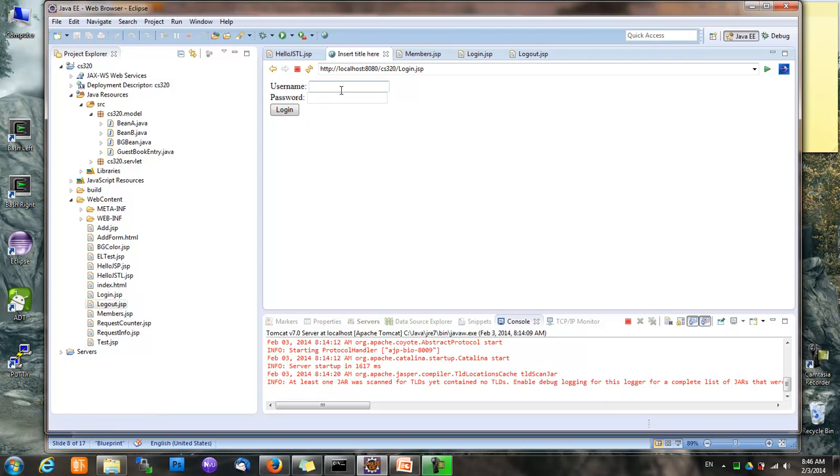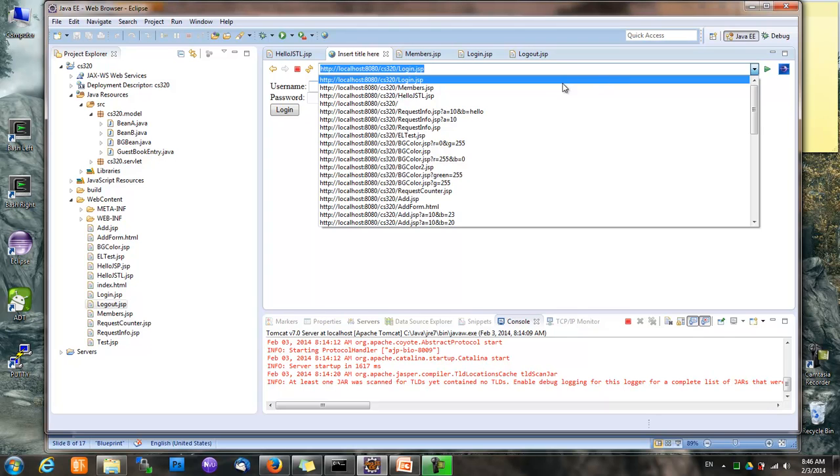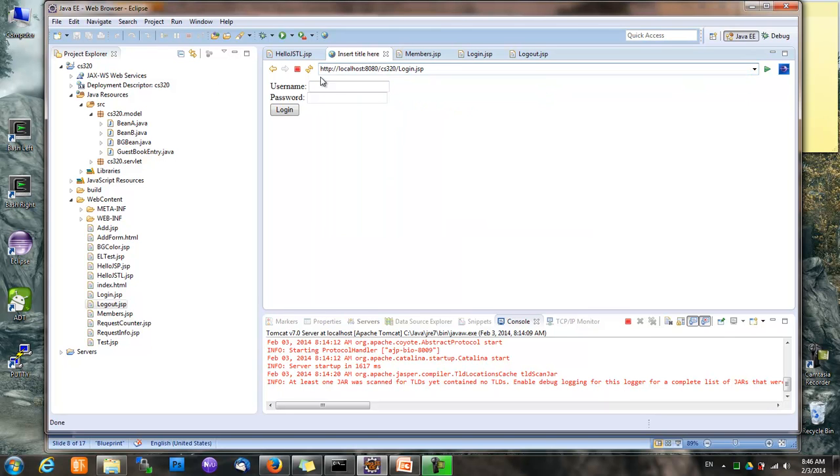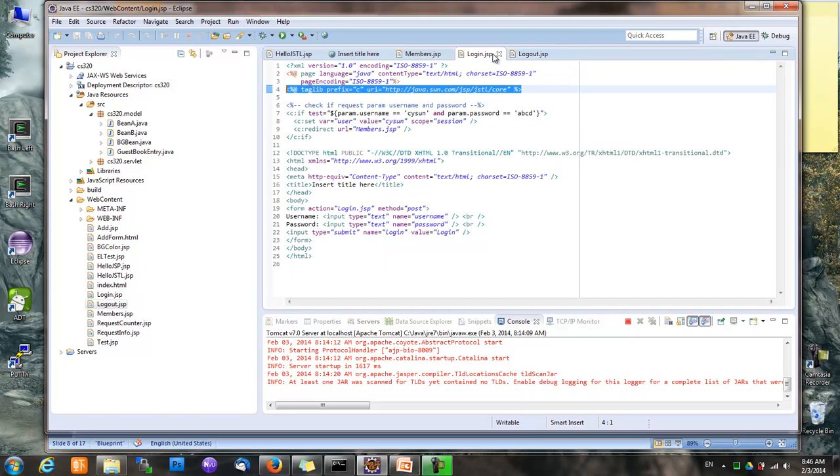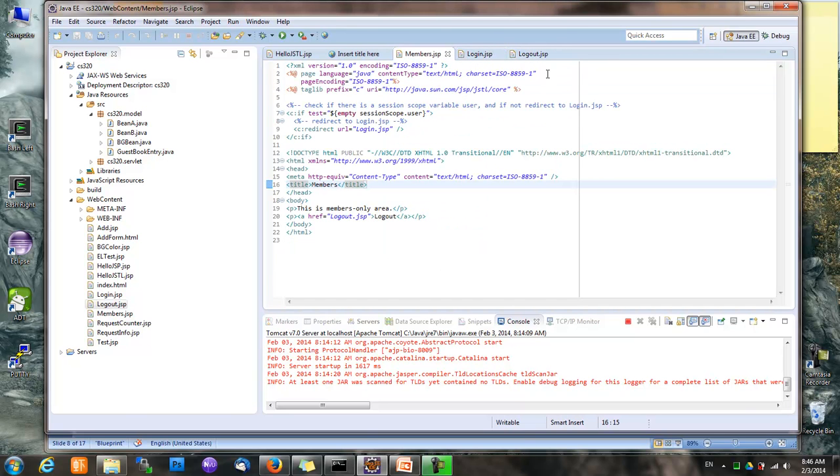Logout goes back to login. If we go back to the members page again, it redirects us to login again. Yes. So as you can see, with expression language and JSTL, we can do some simple programming in JSPs, and